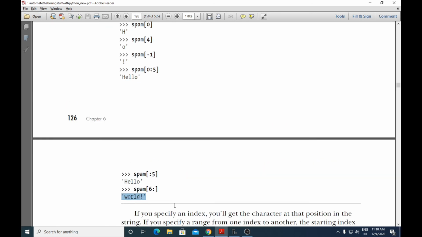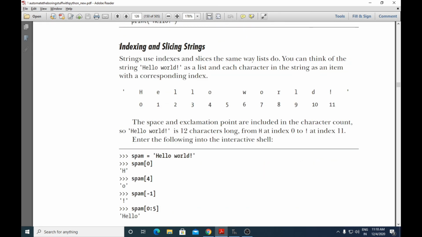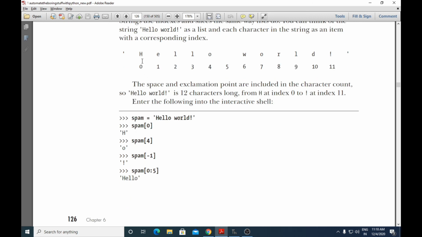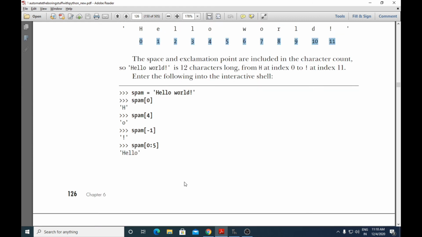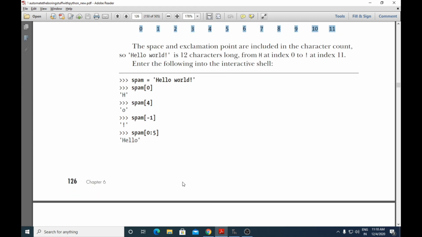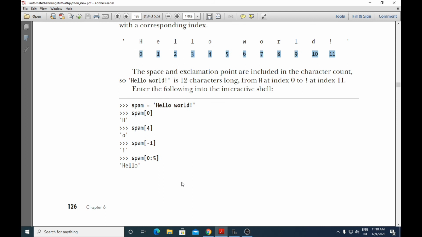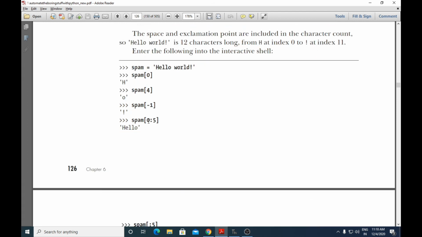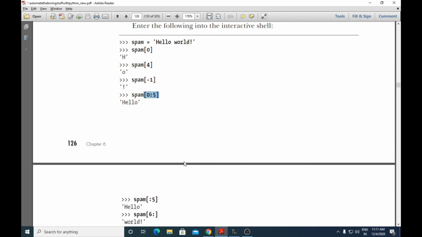Okay, so this is about making use of indexing and slicing. Indexing will help you access the characters of the string by using a particular index, and an index is nothing but the position of that particular character in that string. If you're specifying the start range and the end range, that is known as slicing. Slicing will help you get a part of that string.